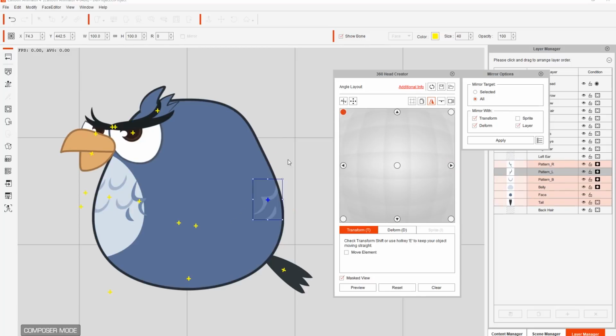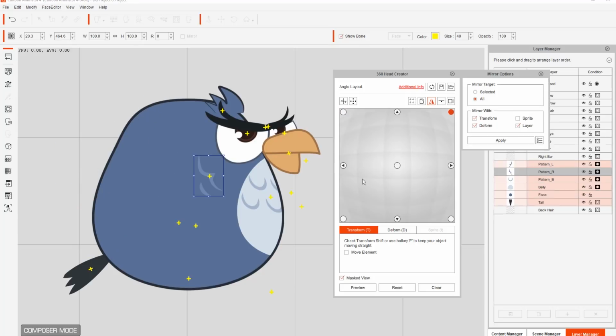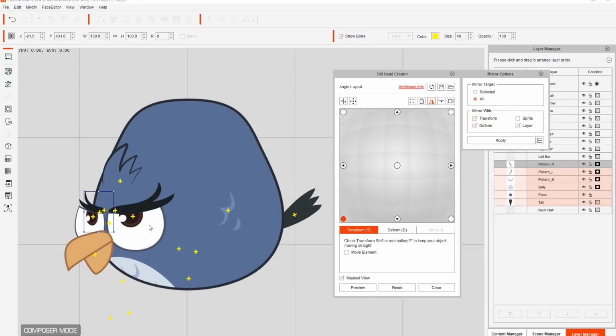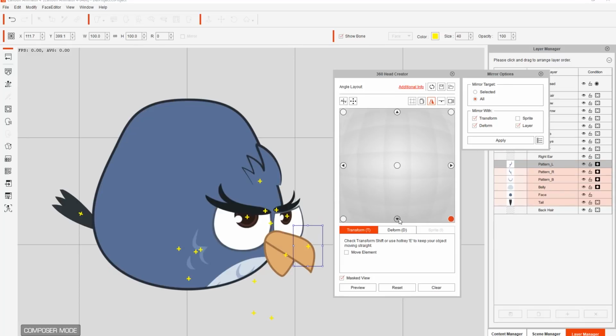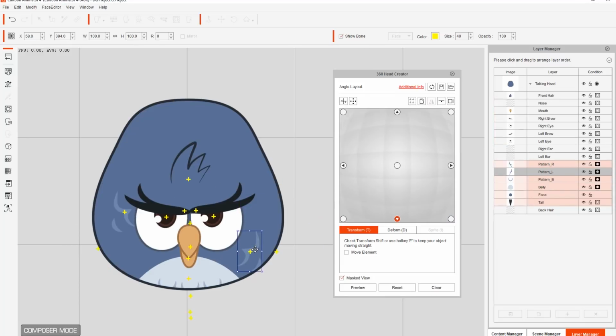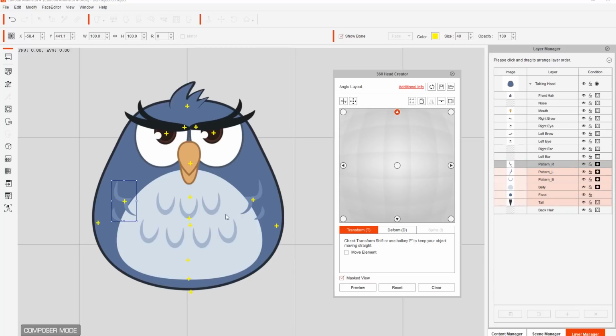Okay, so again, top left, we'll do the same thing, just like this. Put them both into position. Okay, right there, and make sure sprite is not selected, and apply. Okay, and same thing for the lower left. Place this one down here, and this one over here, and then apply, and finally up and down. Again, those don't need to be mirrored, so those aren't really relevant to this teaching process. We're just going to place them manually,